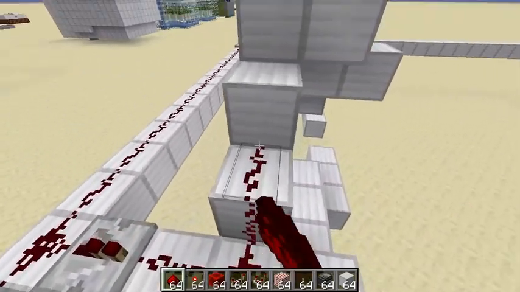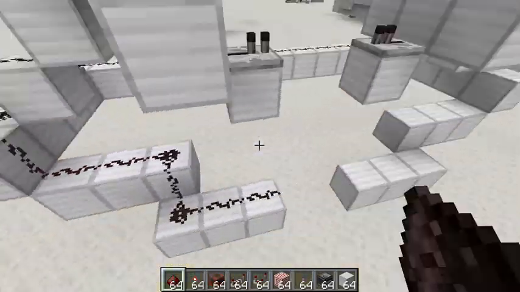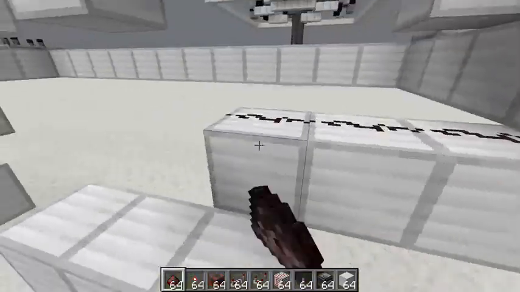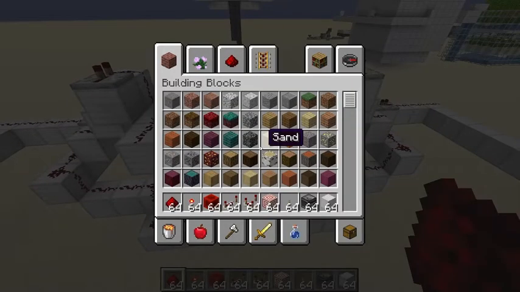And we'll just keep it to the one side because, like I said, we're going to build the other 3 identically. And that is good. There you go. Okay, now what we want to do